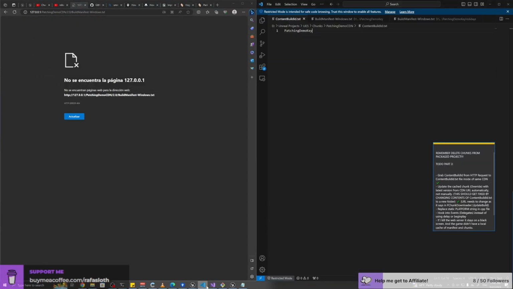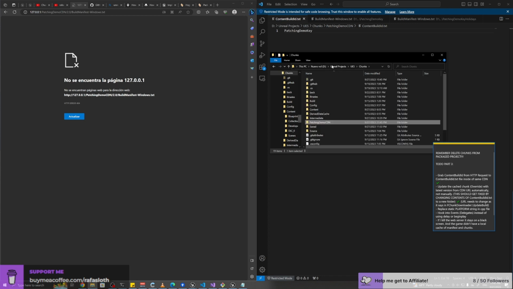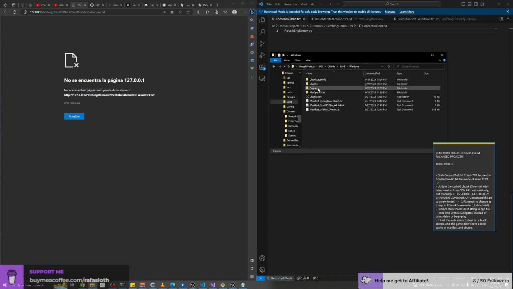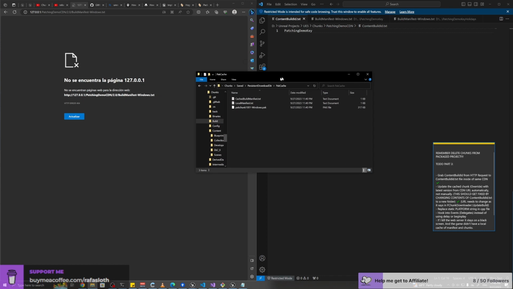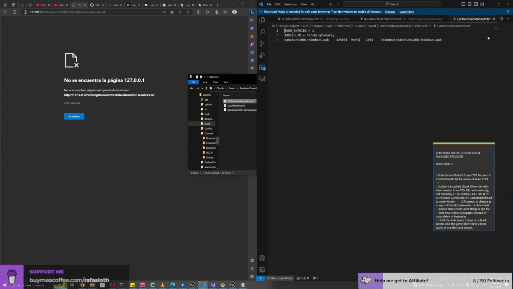And we can actually double check how this works, because I have that question myself too. So let's go to the build Windows chunks saved persistent download, back cache, and let's see. I think it's cached build manifest.